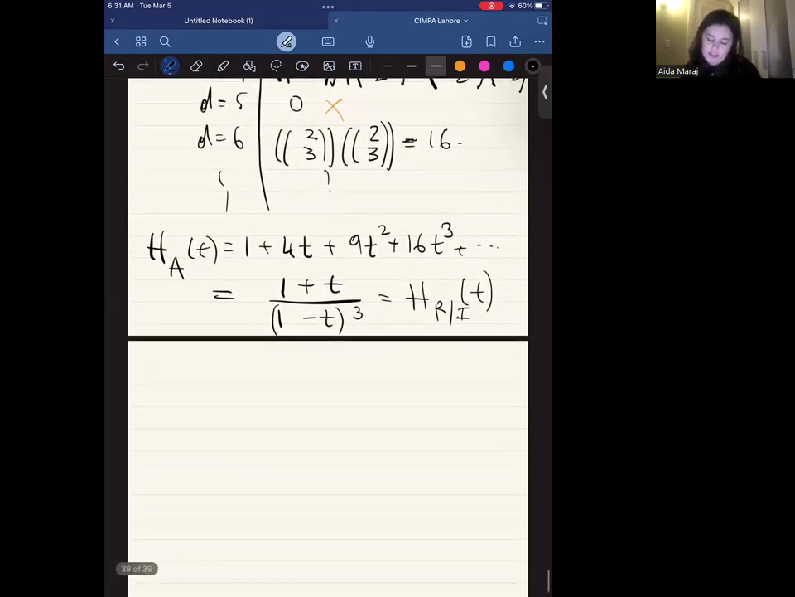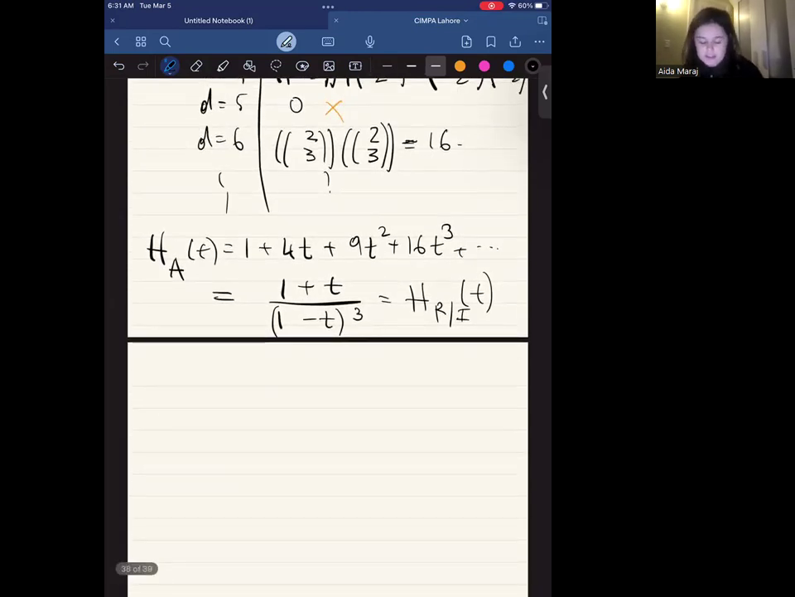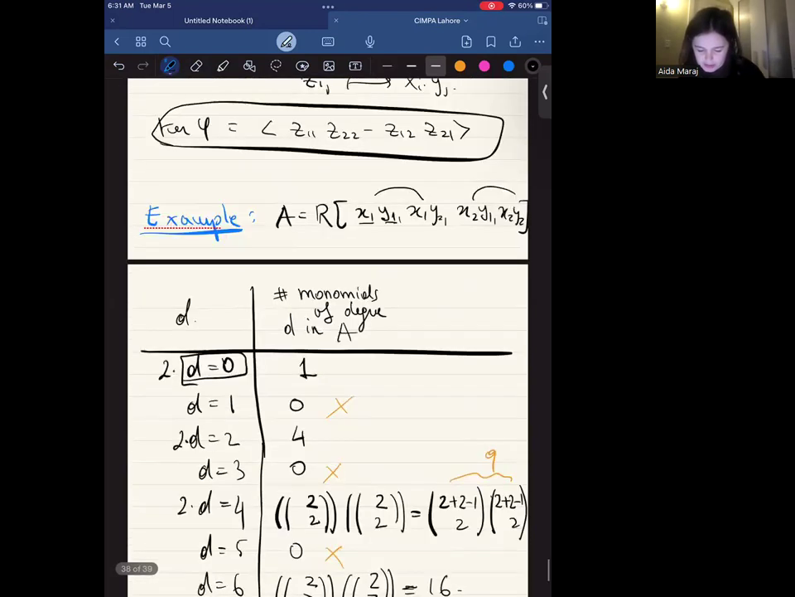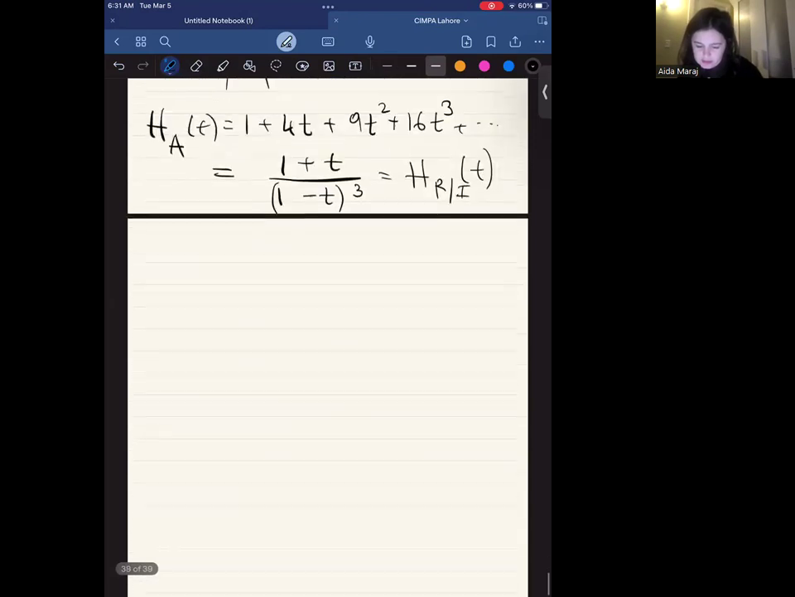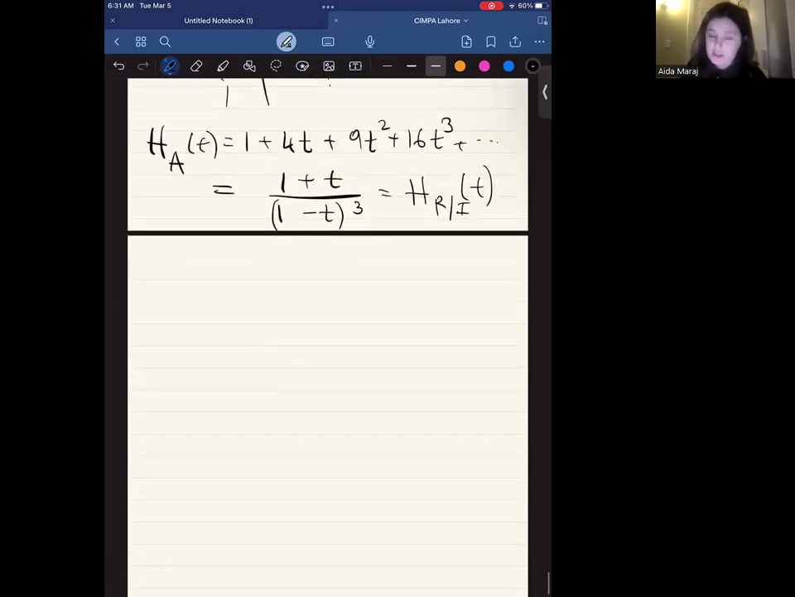So that's why we can work with algebras instead of the ideals. But I know I should have used a different letter here. Okay. So that's how one computes them. But now the